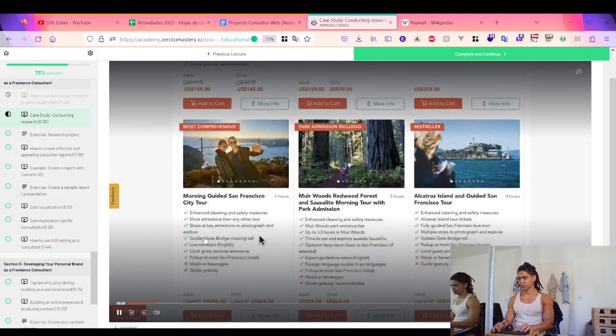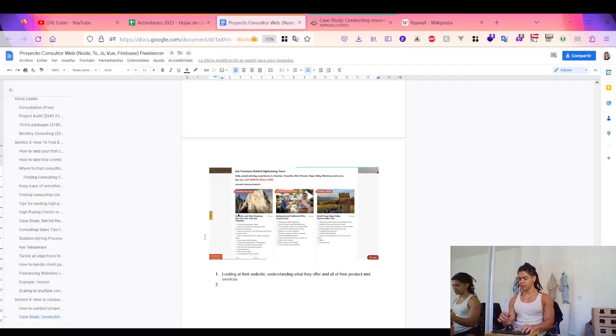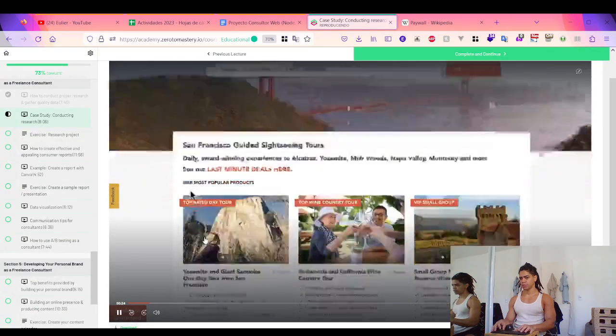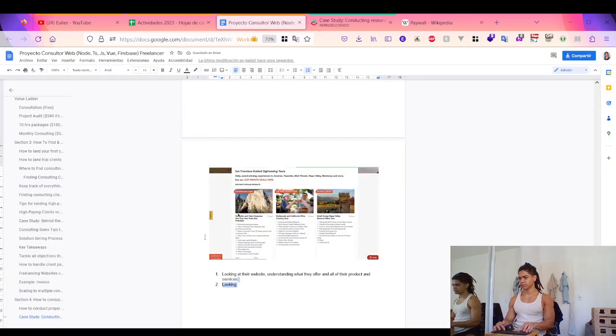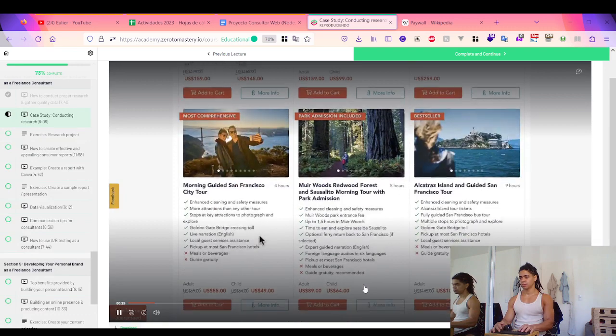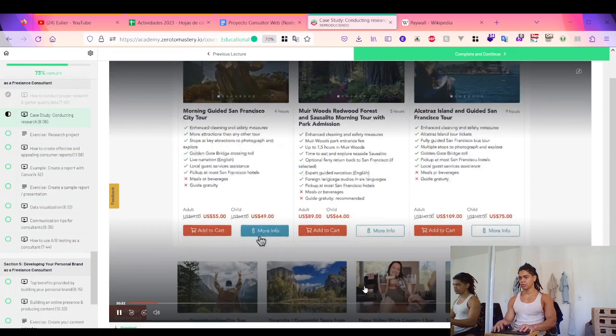That's the first step. Then the second step is to start to look at the specifics. How much are they charging for? So the second step is to understand all of their products and services. That's the first step. Then the second step is to start to look at the specifics. How much? Start looking at their specifics. Are they charging for each of their